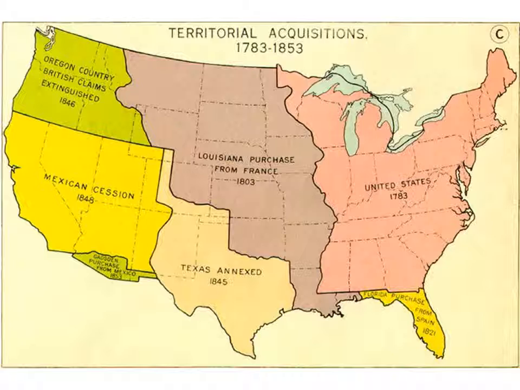This is a map of territorial acquisitions, meaning land that was added to the growing United States. In 1783, the Revolutionary War ended, the 13 colonies became the United States, and England gave up its rights to land as far west as the Mississippi River. So at that point, the United States tripled in size. In 1803, under Thomas Jefferson, the third president,